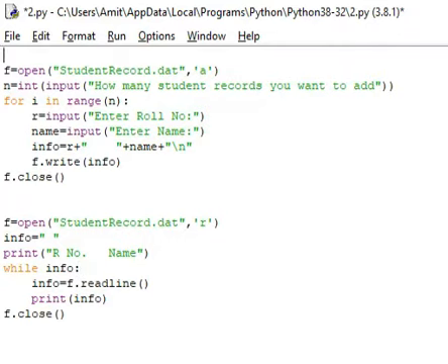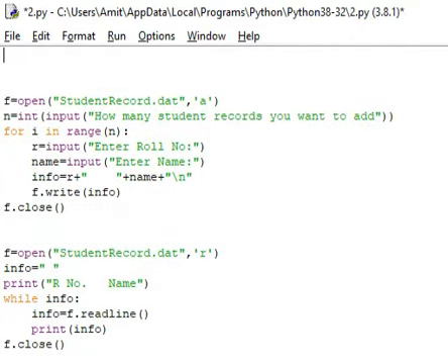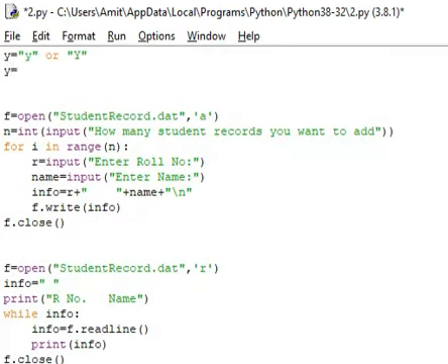Let us write here itself at the top. We can check, so I will set my condition. Let us say my status is y, and again I will check the status input: do you want to see the contents?